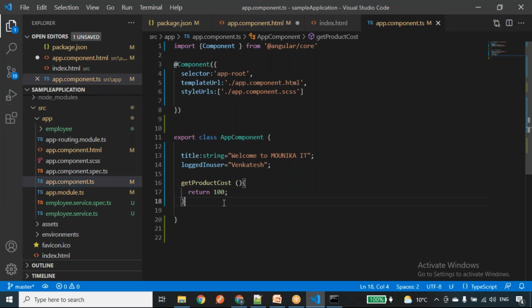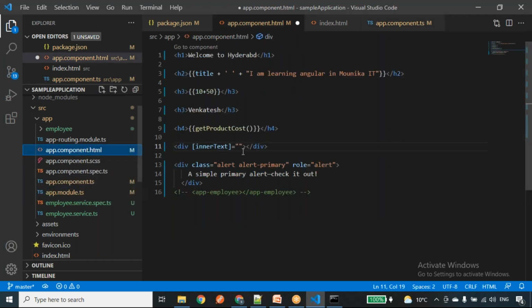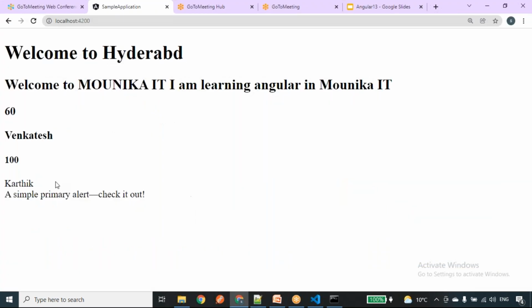I'll take one more property called username equals Karthik. Now I want to print this particular text inside the div element. So I'll take it like this: username. Now we can see we got this output.